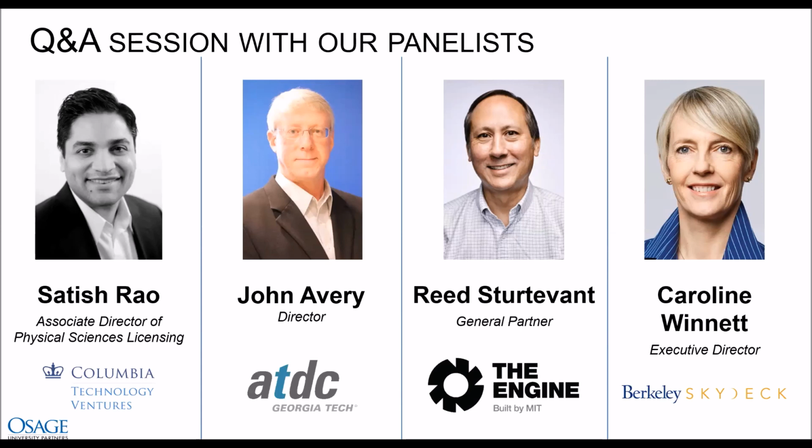And that's been a very important relationship because, as we all know, it's not a check the box and fill out this form and voila, you have a technology license. And UC Berkeley engages with people like you at Osage to try to make these things happen. So it's a very close partnership. It's not a formal partnership, but it's an informal one that is very important to the success of our companies that are licensing or seeking to license IP from UC Berkeley.